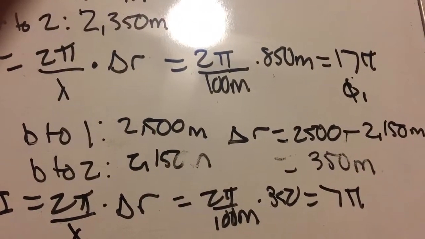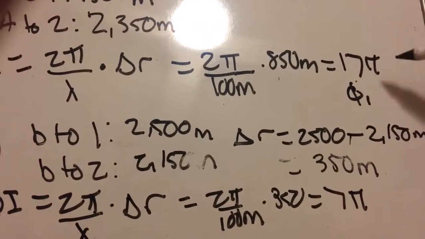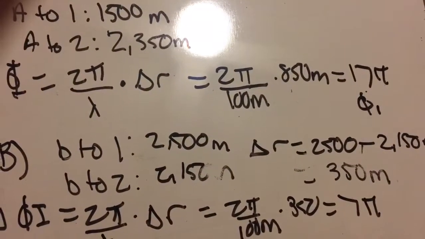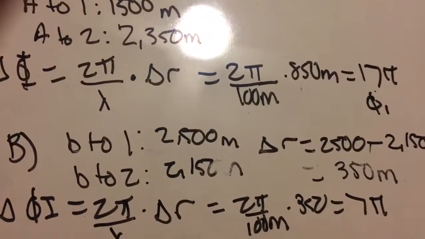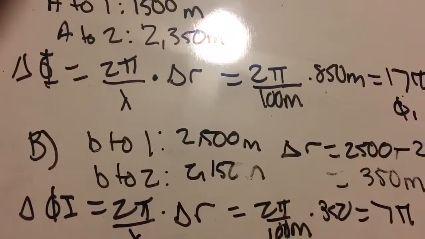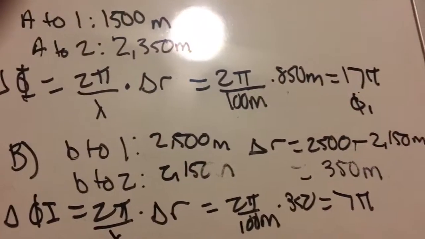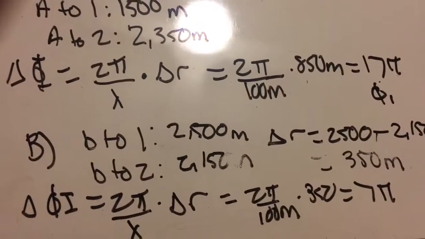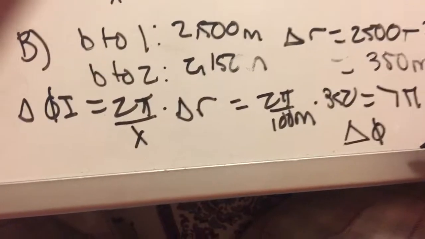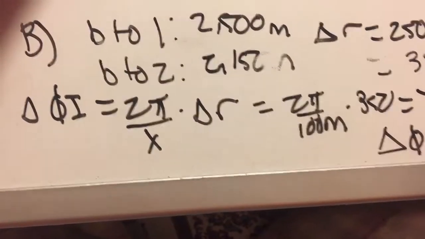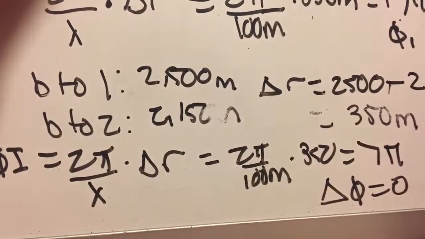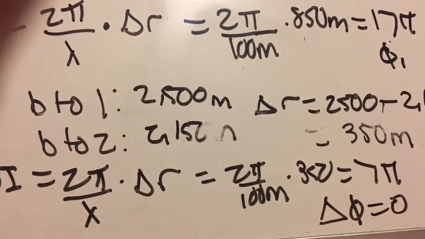And so because there is already an odd number of pi's for both islands, there doesn't have to be a change in the values to make the destructive interference, which means that a possible value for delta psi is 0, because even if there's no delta psi added on, they still have destructive interference, which works for the